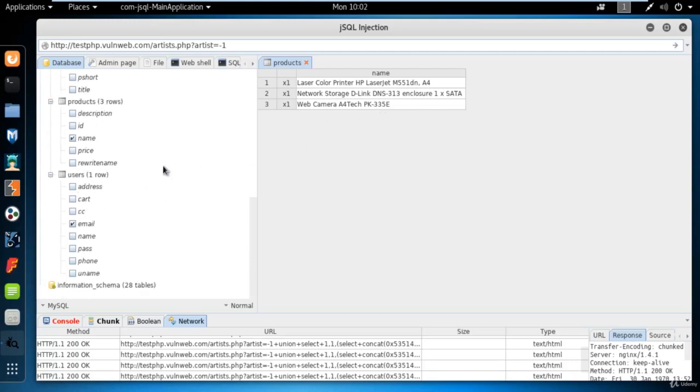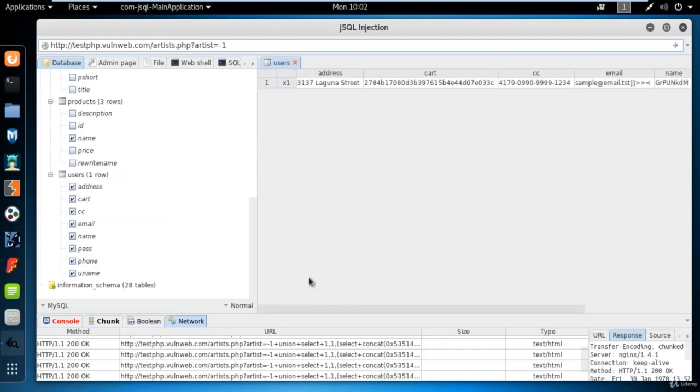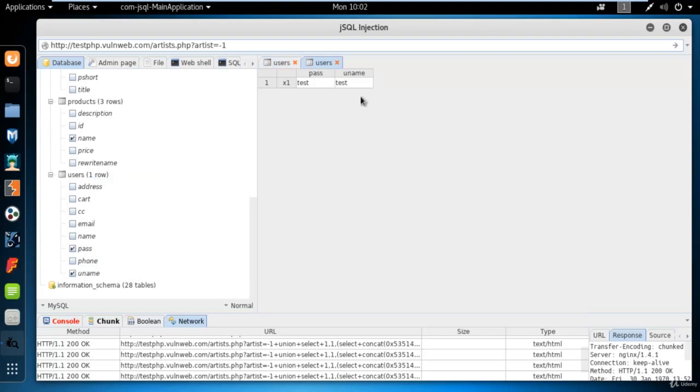And if we talk about the users table, which is very important, let me close it. Let me select all kinds of information inside users, right? Right click here, click load. So you can see here that all information is available. You can also select the useful information for you, like username and password. So you can untick all of them and just tick pass and uname, right click on the user, click load. And you can see here that you are able to find the right username and password of this website. Test is the right username and password of this website.